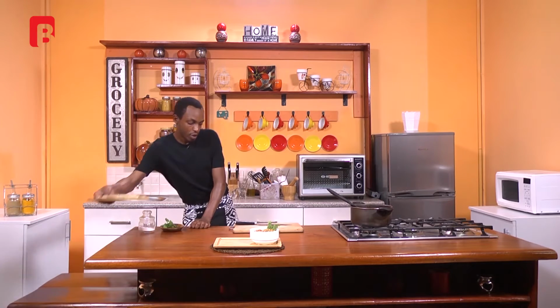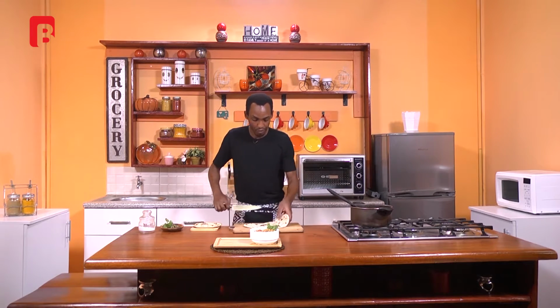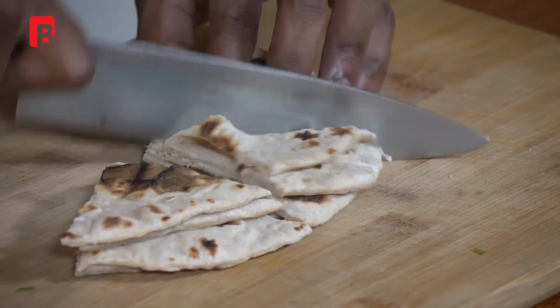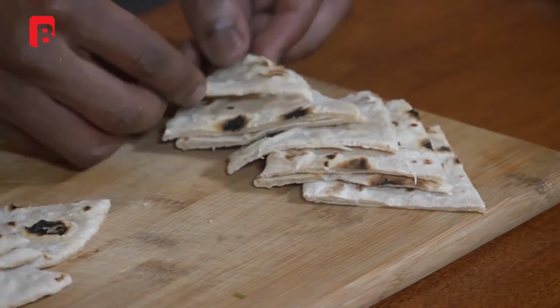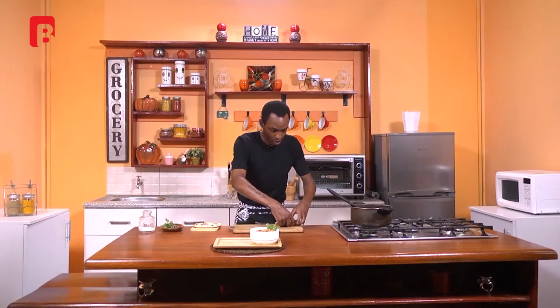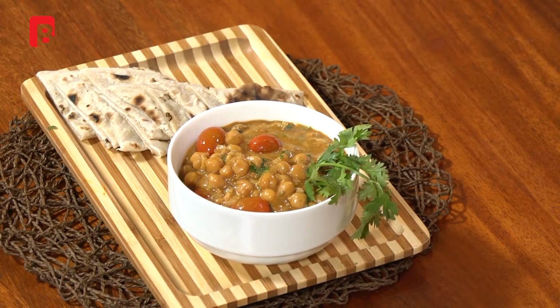And now for the last and final bit of your plating, we're going to add our naan. So I'm just going to turn those over so that you can see what they look like as well. And very, very simply, all you need to do is cut those lengthways. And then once more into threes. And all you're going to do now is just fan them off on your chopping board. Easy as that. And using your hands now, proceed to add those to your plate, and your chole masala with homemade naan is